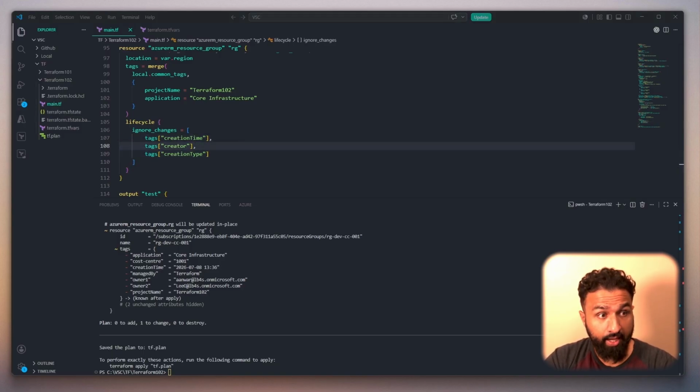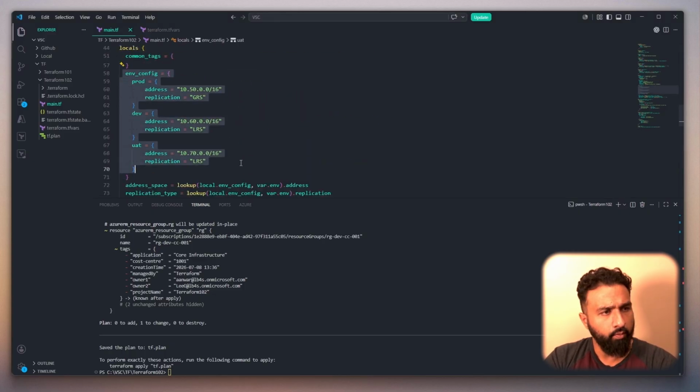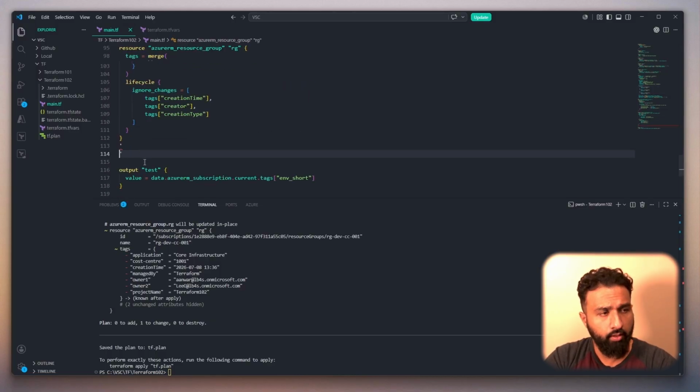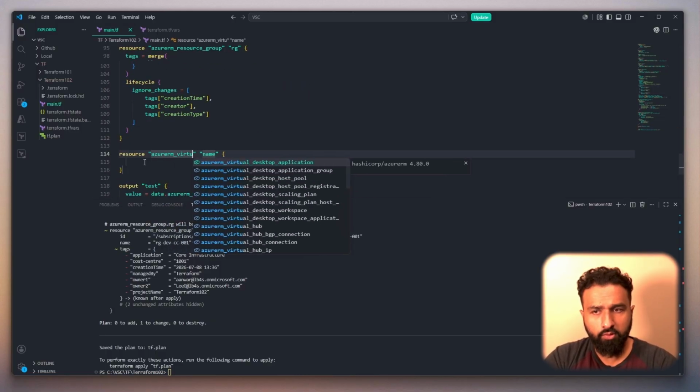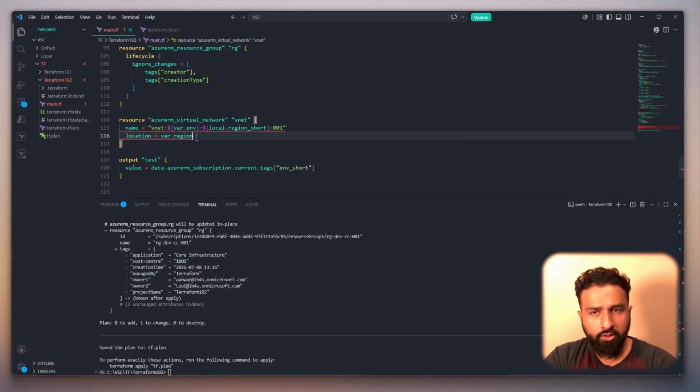And I'm not just limited to tags with ignore_changes. It can be any field that can be altered on a resource. Let's move on. Now let's add a virtual network, and we'll point the address space to the local we set based on our environment right here. And we'll include our tags and lifecycle block here as well. So resource azurerm_virtual_network, name equals vnet dash, let's do string interpolation this time, var.env, local.region_short, 001. Location, var.region,